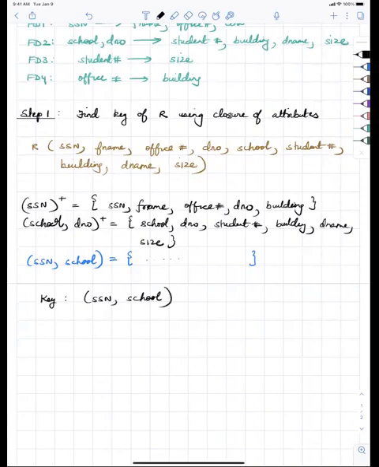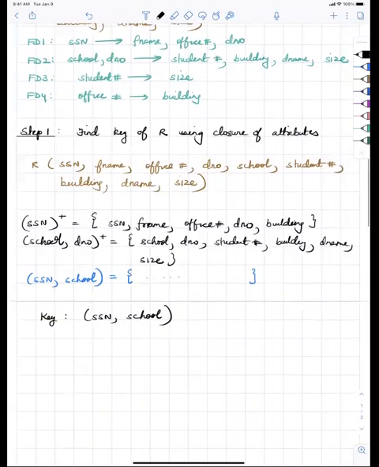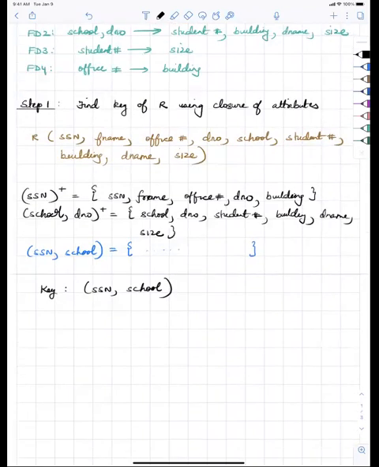Okay, so now that we have the key, if you can look and see, are there any other candidate keys? Can we get any other keys? Let's see. I don't think there's anything else actually. You can look through it, but there's nothing else that's going to be a key. So we only have SSN and school number as a key. So then you go on to step 2,